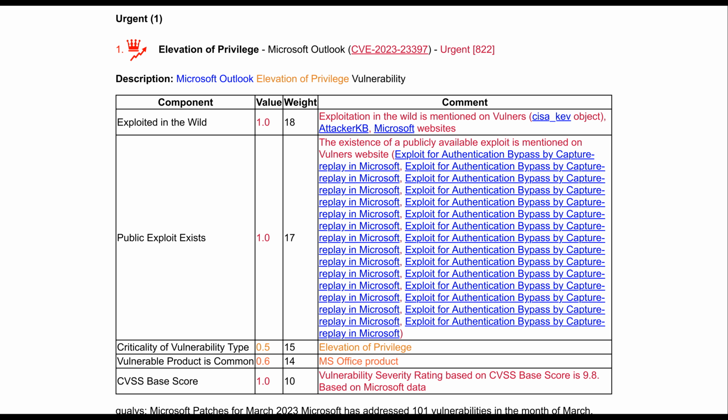leak the Net-NTLMv2 hash of the email recipient. The attacker can use this hash to authenticate as the victim recipient in an NTLM relay attack. Microsoft notes that this exploitation can occur before the email is viewed in the preview pane. The vulnerability was discovered by Microsoft Threat Intelligence, who have detected in the wild exploitation and published a blog post